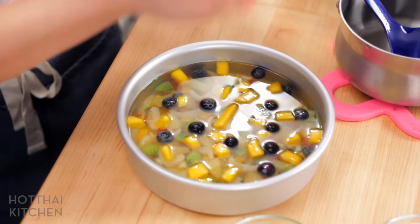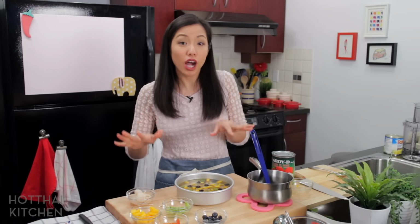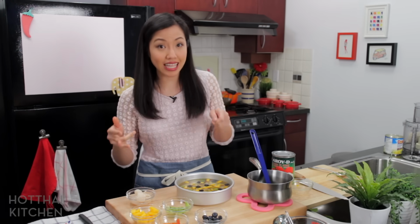Perfect. All right, and the blueberries are gonna float. Some of them are gonna float. Do not worry about that, okay? So I'm gonna let that just set so it's hard enough that we can pour the second layer on without